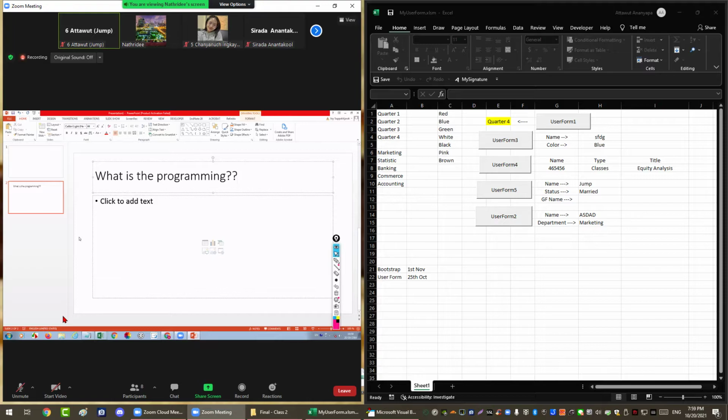So actually, I can say that the VBA that we're going to learn here is like we talk to the computer. We assume that the computer is our secretary. Then whatever we want the computer to do, we have to tell them what to do. So how are we going to tell them? It's going to be a sequence of